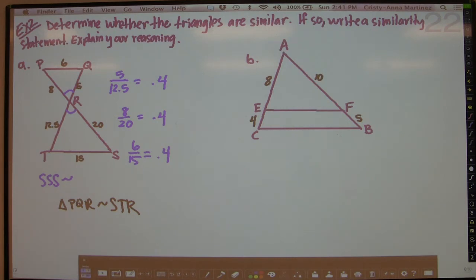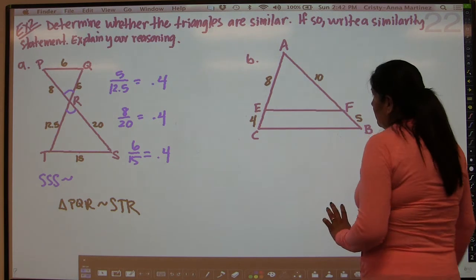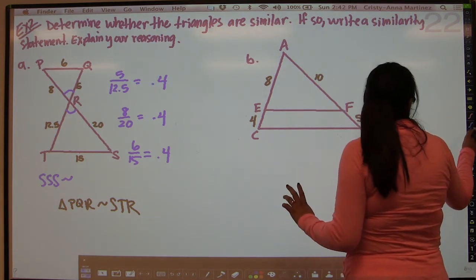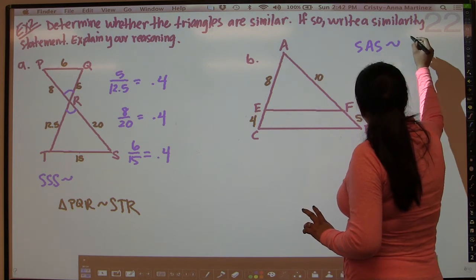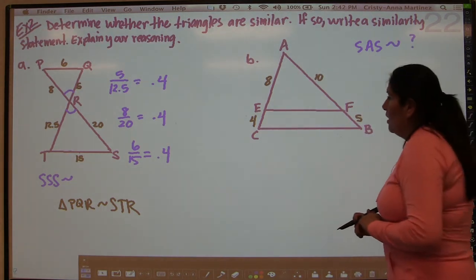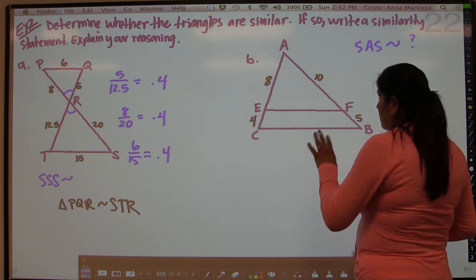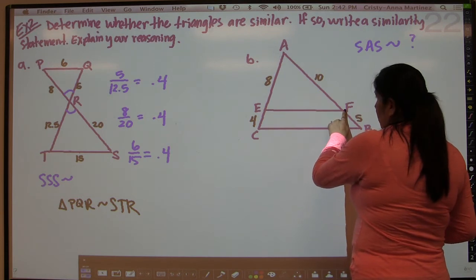But we're going to do something else here. And what we see here is I think that we can try to use side angle side similarity. And I'm going to leave it as a question mark right now because it's just what I'm thinking when I look at the diagram. And so what I see is that there is basically two triangles. There is the triangle AEF, and then there's triangle